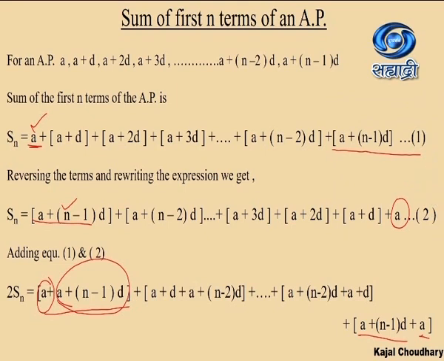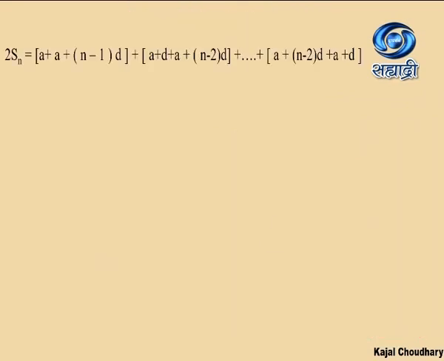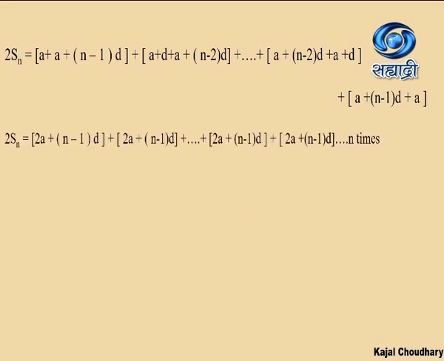Now, when we add these numbers, what are we going to get? Let's see. I have written this sequence again over here so that we can get a connection, as the slide is continuously moving. Now, a plus a, what is a plus a? It is 2a. So we can write it as 2a plus (n minus 1)d. In the second addition, if you check, we have the same thing. Again a plus a is 2a, we are getting it over here, and again over here.